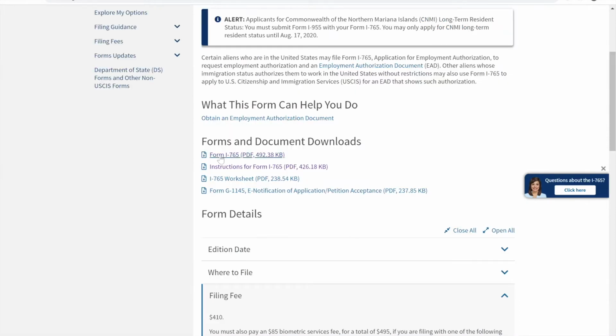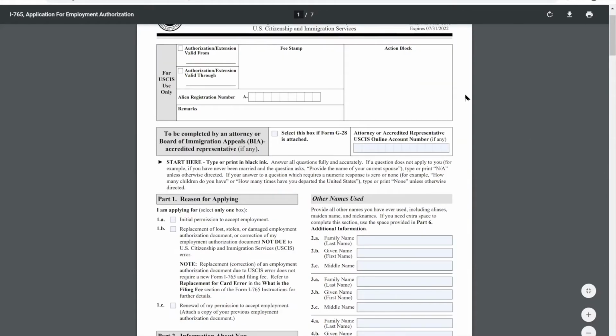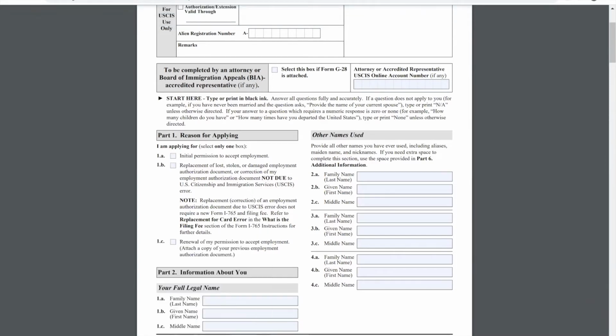So we're going to click on and look at the Form I-765 directly just to kind of point out a couple of things. You'll notice at the top of this form, it has an expiration date. It's okay if that form expires, but you want to make sure that, again, if it's past that date, looking to see if there's a new form, and you want to make sure that you're using the form that's noted as current. Down in the bottom left-hand corner of the form, it'll say the edition that this form is. This particular edition is 8/25/2020.